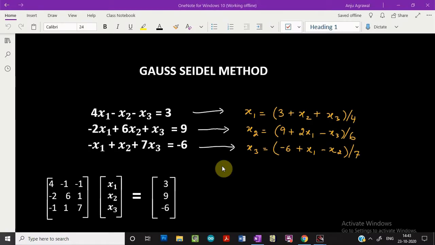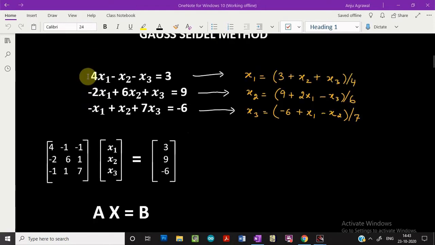In this video, we will learn about the Gauss-Seidel method. Gauss-Seidel is an iterative method to solve a system of linear equations. Suppose we have to solve a system of three simultaneous linear equations,